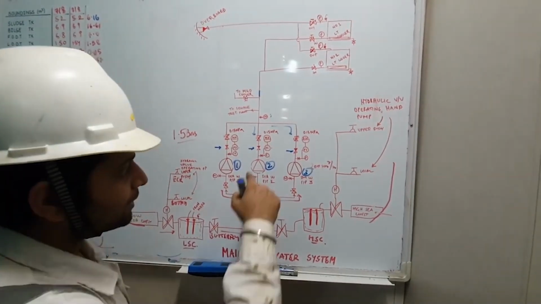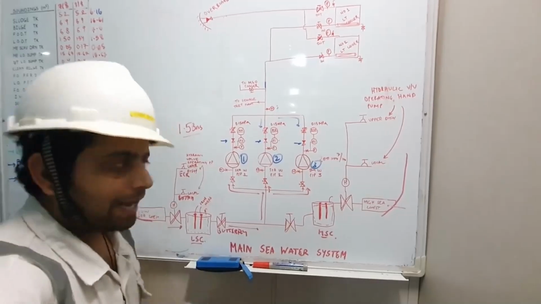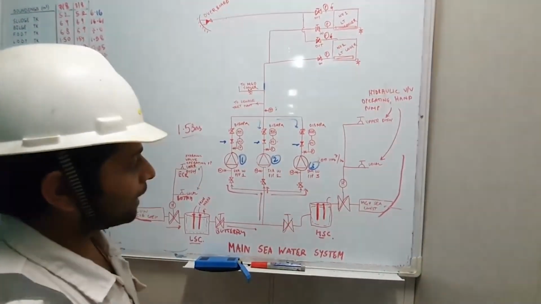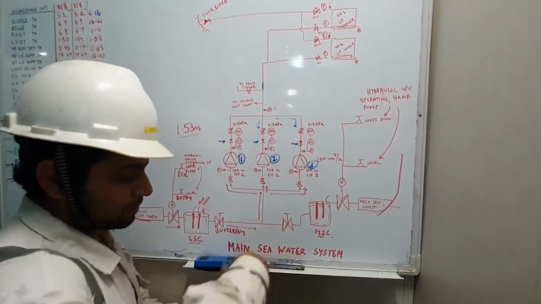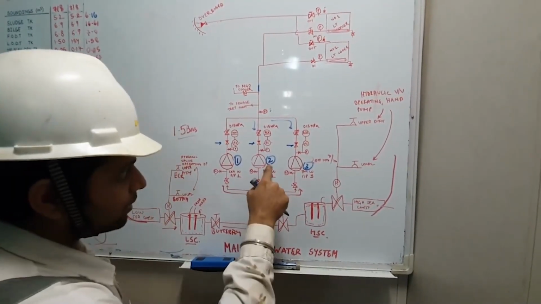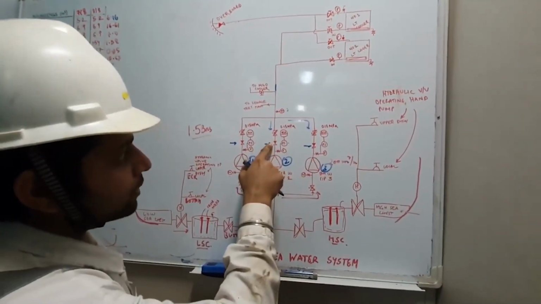Second problem is going to be that your pump is now going to rotate in the opposite direction. Ulta ghumega motor. And when this happens, there are chances of a mechanical seal getting damaged. Sometimes the normal direction of a main seawater pump is rotating in, say, clockwise direction. So sometimes if you see that the main seawater pump is not running, it is in stop condition, and if still it is rotating, that means its non-return valve is not holding.